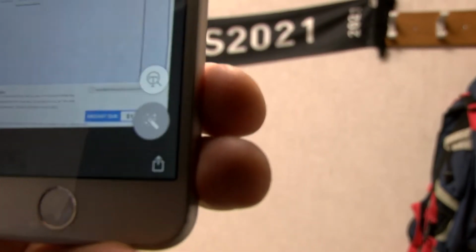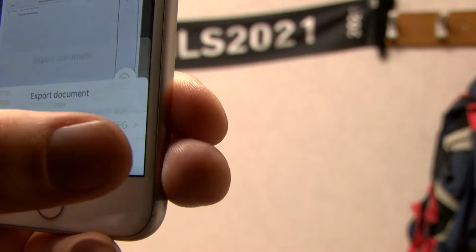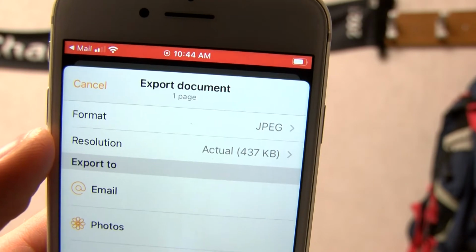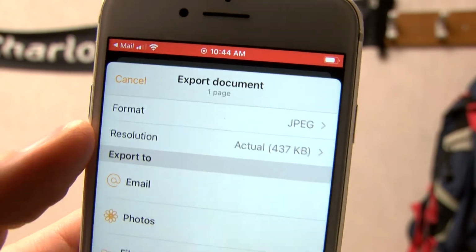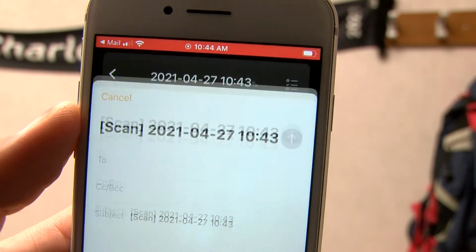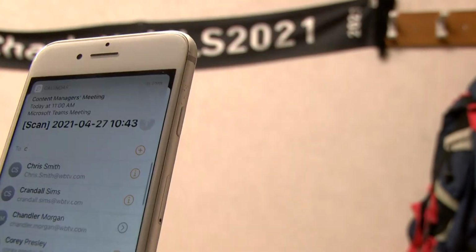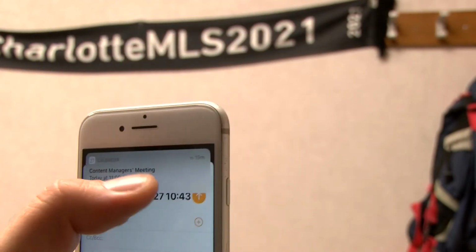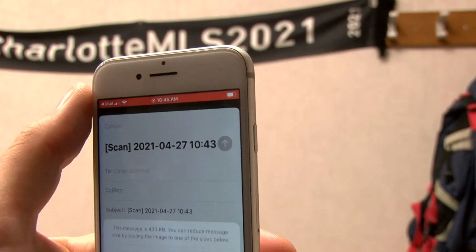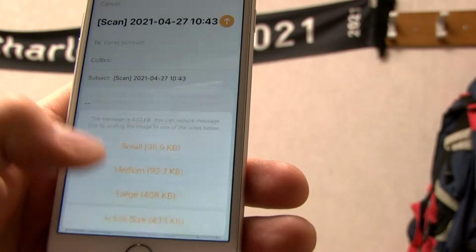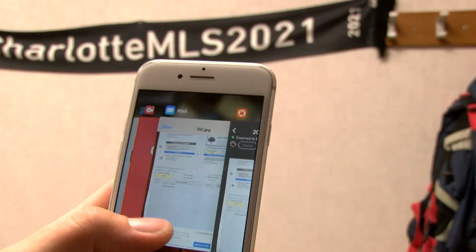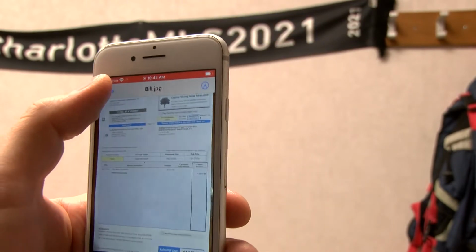And then at the bottom of the screen, we're going to click the share icon. It's in JPEG as a format. That's good. The resolution is actual, in other words, the highest resolution. So that's good. So we'll click email. I'll put in my email address, and then I'll hit send, and it'll be in my inbox. Oh yeah, be sure to click the largest resolution when you email it to yourself. So that's that. If I go back to my inbox,